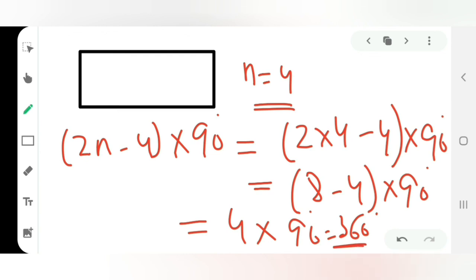So clear? It's proved. So yes, class, what we have learned today: we have learned what curves are, what the types of curves are, what a polygon is, what its diagonals are, what its adjacent sides are, what its vertices are. After that, we have learned that if we know the number of sides of a polygon, we can find how many triangles can be formed from it. Beyond this, we learned about the types of polygons: regular, irregular, convex polygon and concave polygon. After that, we came to know how we can find the sum of all the interior angles of a polygon if we know its sides.